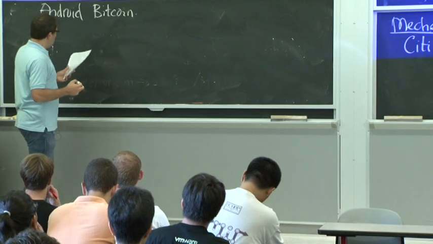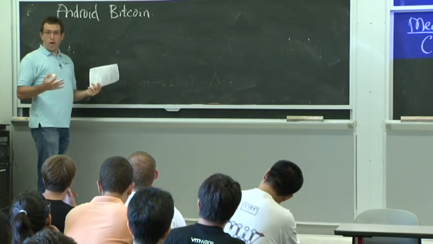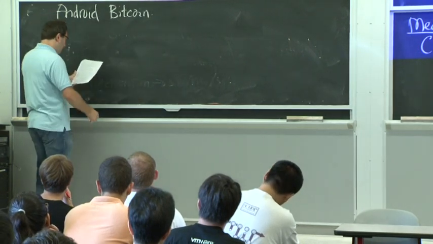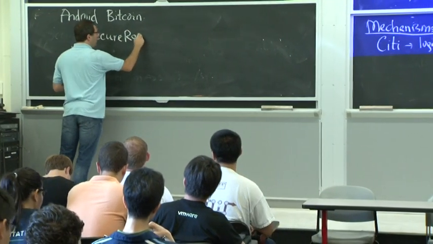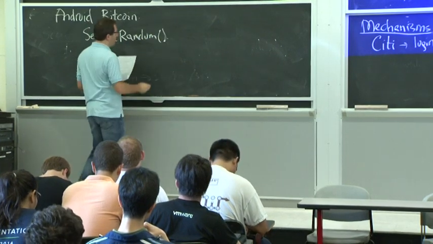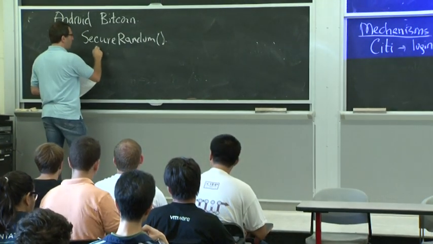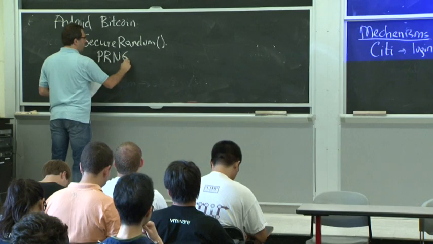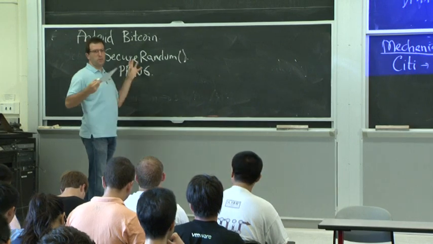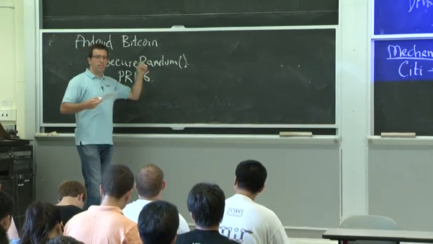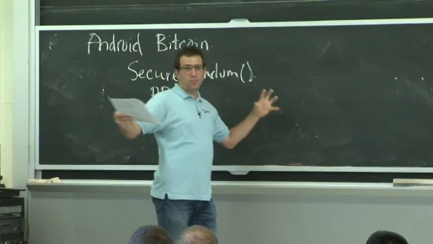And there were people using Bitcoin on Android, and the Android applications for Bitcoin were getting random values for these keys using this Java API called SecureRandom, which sounds great. But as people figured out, it doesn't really get real random numbers. Inside of it, there's this construction called a pseudo-random number generator, or PRNG, that, given a particular seed value, like a couple of hundred bits of randomness, you shove it into this PRNG, and you can keep asking it for more randomness, and can stretch these random bits into as many random bits as you want.